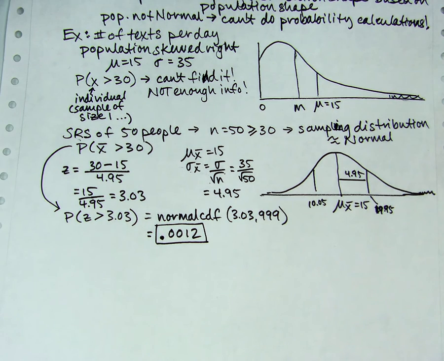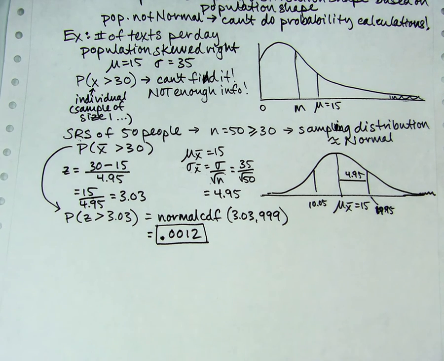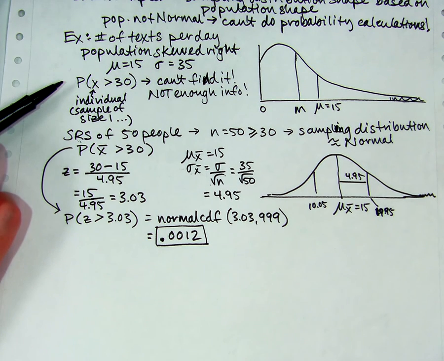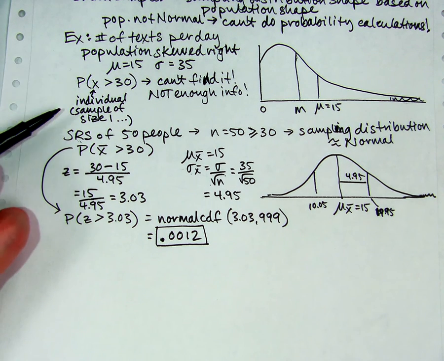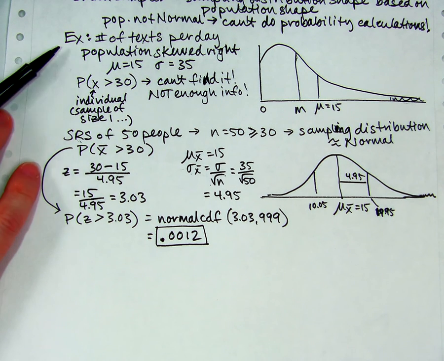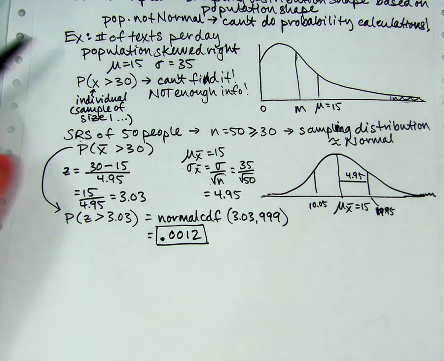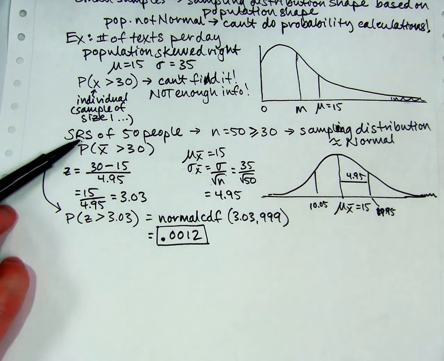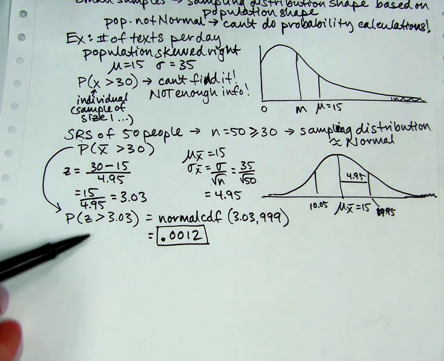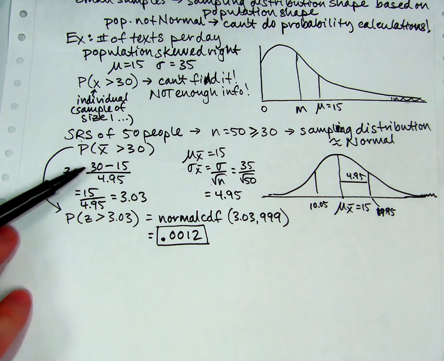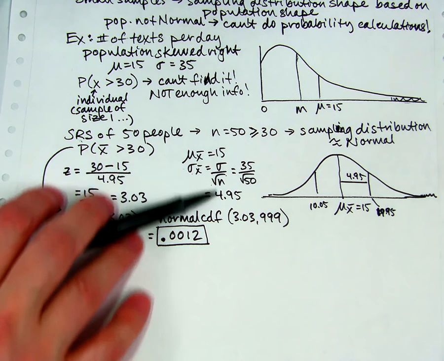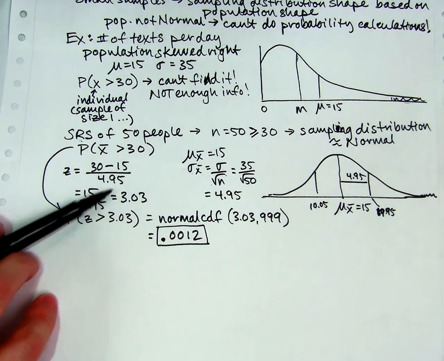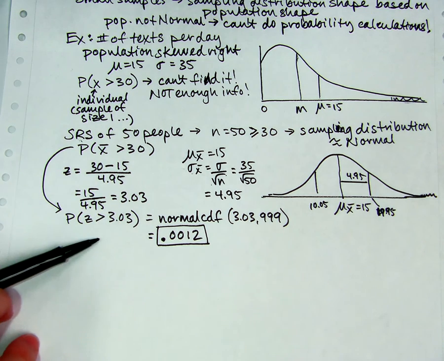So that's similar to what we did with p-hats. P-hats, you can find the small ones by using binomial formulas. With means, you cannot find it if it's small and skewed, so don't even try, just say, sorry, I can't. But if the sample is bigger than 30, you can use the normal approximation, and you can find a z-score, use these formulas to find the mean and the standard deviation to go in the z-score, and normal CDF.